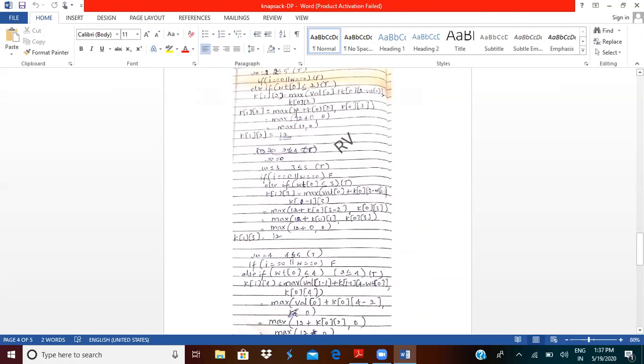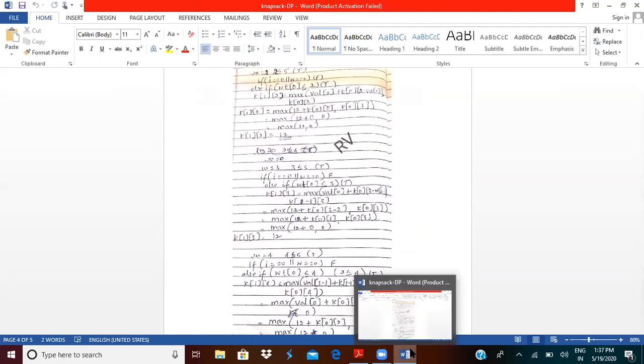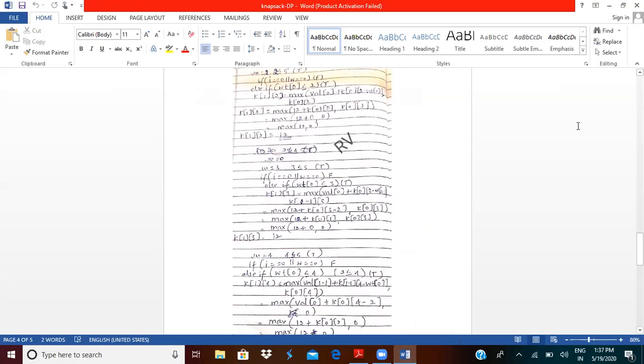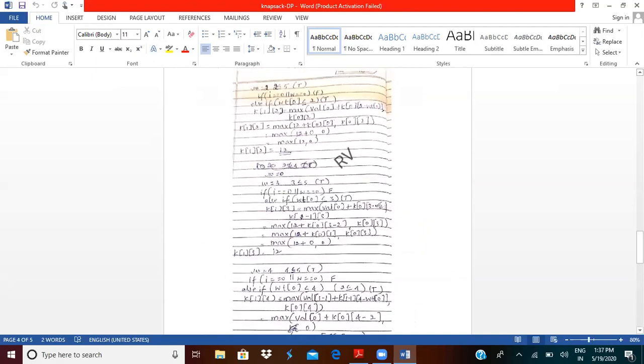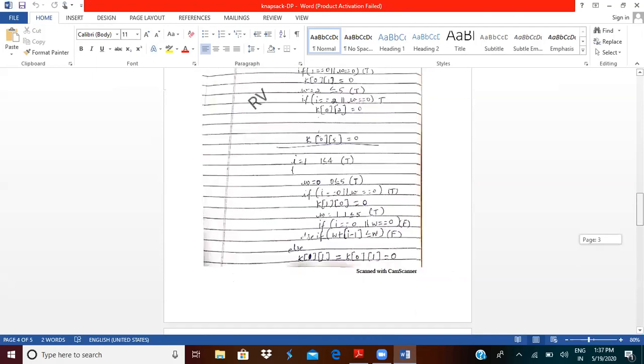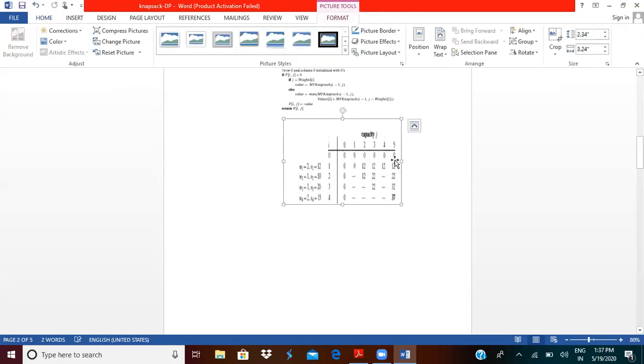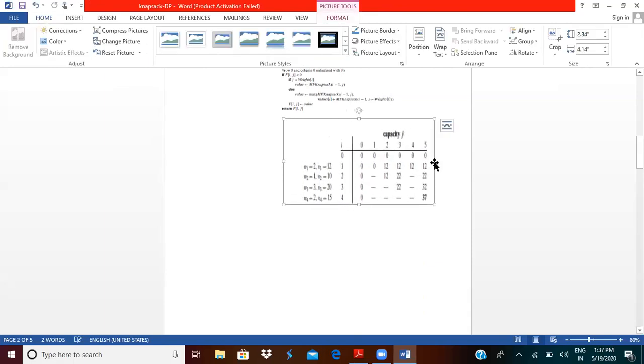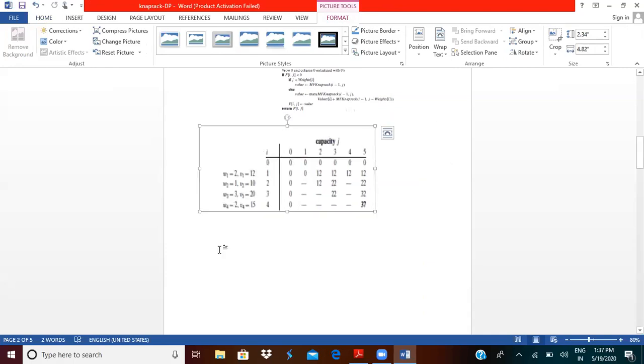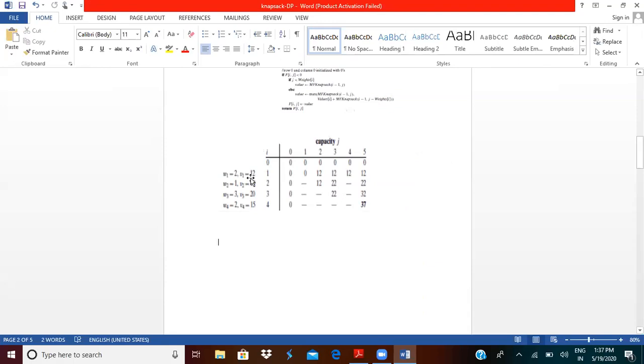That is 12 as seen in the table. Value at 0 is 12.